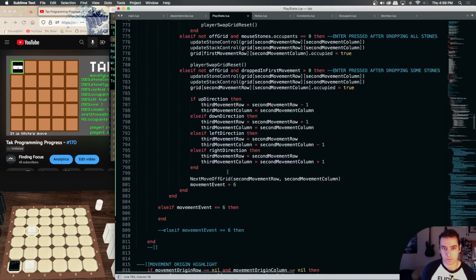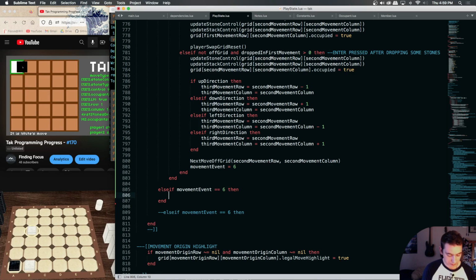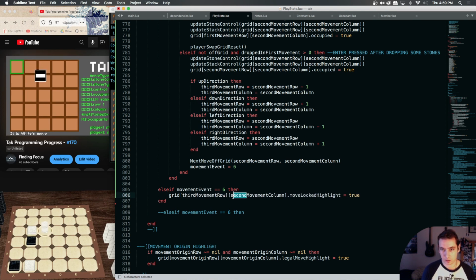Nice. Okay, so if a movement is 6, then we're going to say our third movement row that we just locked in is going to get dark green. That's what this move locked highlight will do. So now,